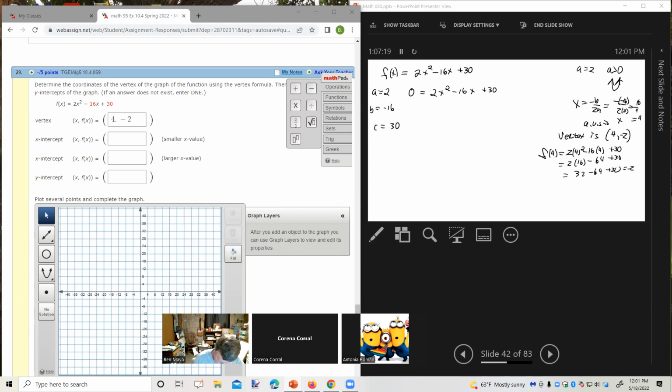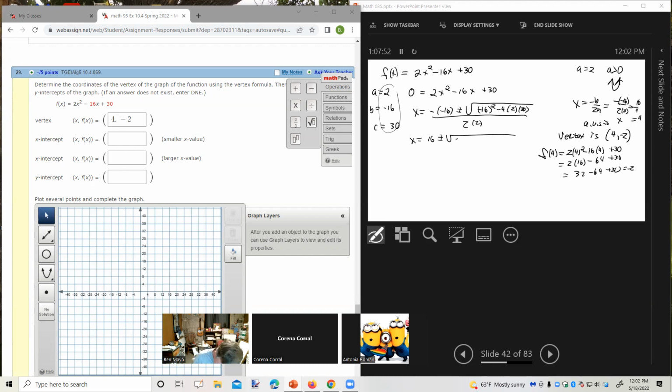Well, I could use the quadratic formula, right? I've got a, b, and c because it's set equal to 0. That's when you'd use the quadratic formula. So x is negative b plus or minus the square root of b squared minus 4ac all over 2a. X equals 16 plus or minus the square root of, let's see, what's negative 16 times negative